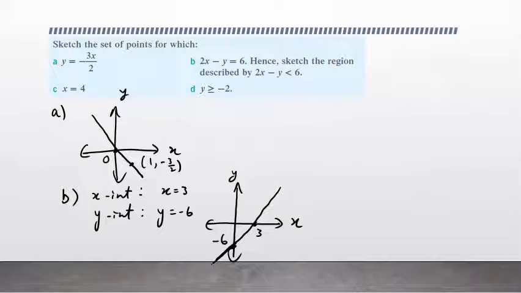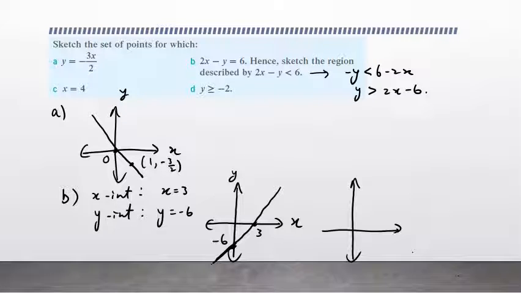And then, if we want 2x minus y less than 6, we need to rearrange that. So we have negative y is less than 6 minus 2x. Therefore y is greater than 2x minus 6. That means we want y above the line. So when we're sketching that region,